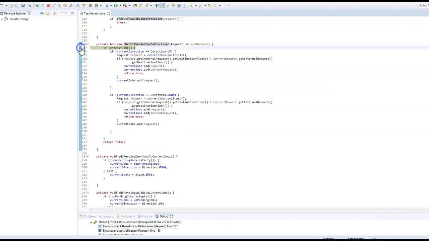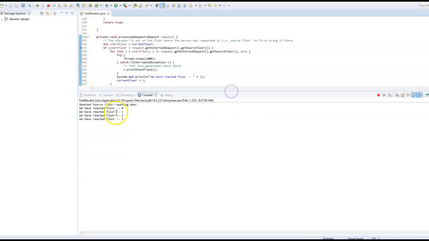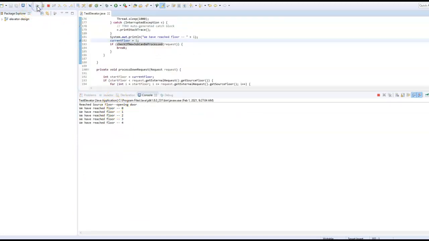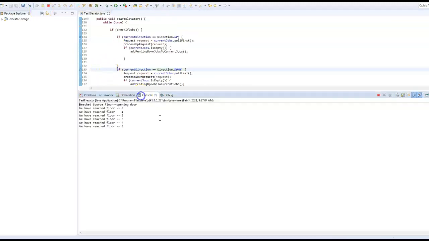I'll just return. So if we go to the console, we can see that it is processing the request. So yes, it has processed the request and it has gone to the source floor, from the source floor 0 to the destination floor 5.